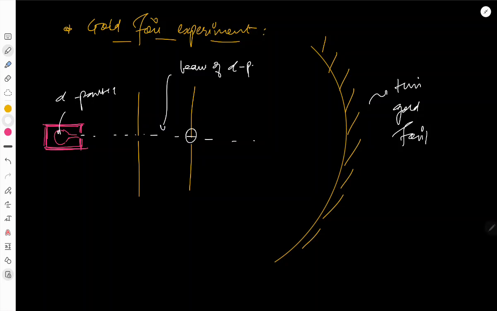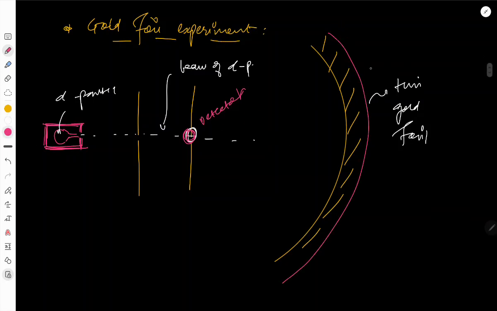He kept a detector over here. I'll draw the detector over here. And what did this detector do? It detected. There was a detector here and a detector over here, to know where the alpha particles were bombarded. So what he concluded was that, first of all, brighter intensity was over here, and